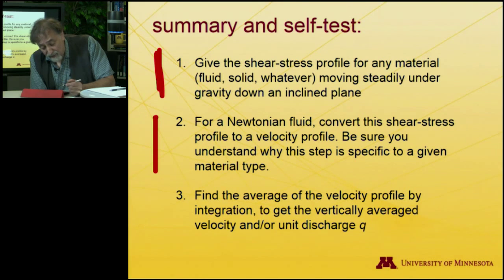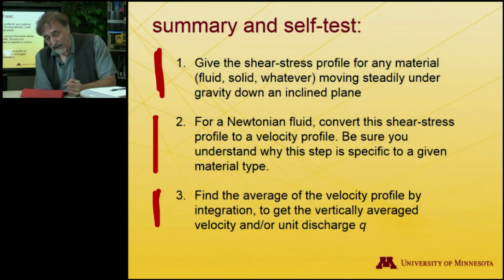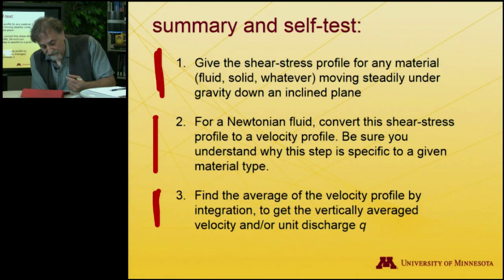So for a Newtonian fluid in laminar flow, we found a velocity profile associated with that shear stress profile. And then the third thing we did was to average the velocity profile by integrating it, and that gave us as a freebie an expression for little q, the total bulk flow in a unit slice of flowing fluid, which we're going to have cause to use a number of times later in the course. So there are answers to questions in a slide or two,